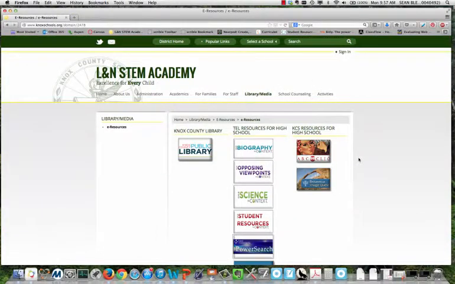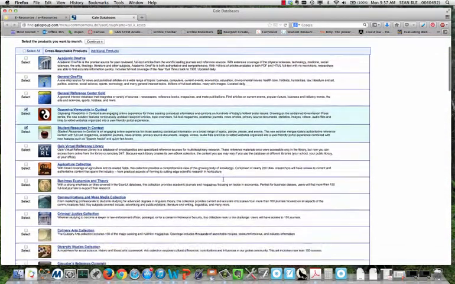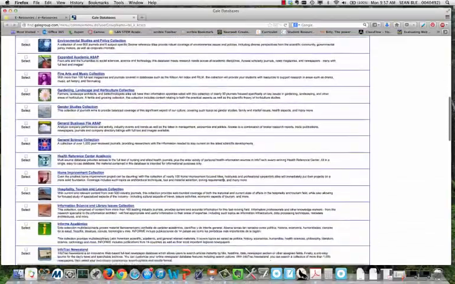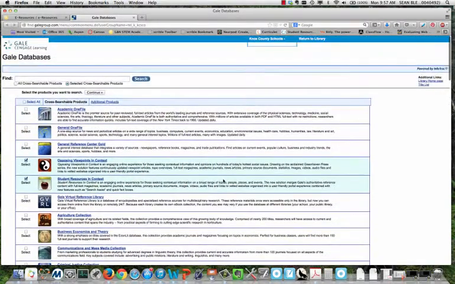All right, let's go ahead and look at the Power Search option down here. It's a little bit more complicated. We'll click on it, and you get all these little boxes over here. My, aren't there a lot of little boxes? What each one of these boxes represents is a database. And within the database, there are hundreds or thousands, or maybe even hundreds of thousands of individual articles, news stories, peer-reviewed journals, primary source documents, statistics, images, videos, audio files, all kinds of things within each one of these individual